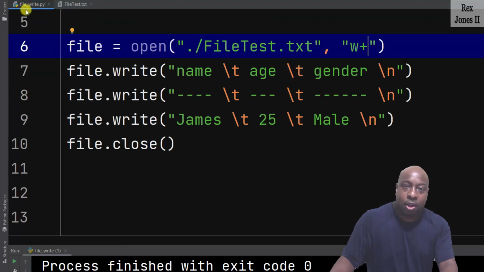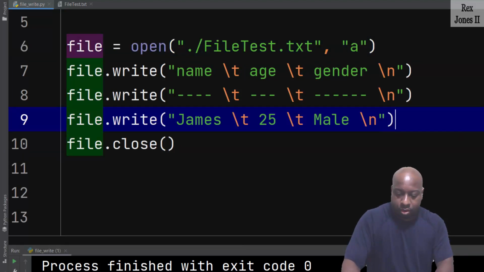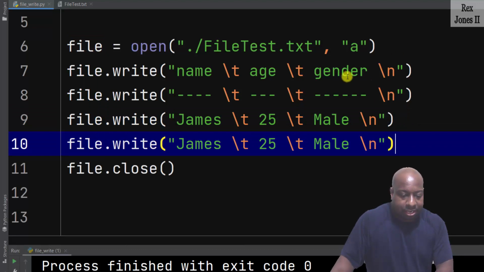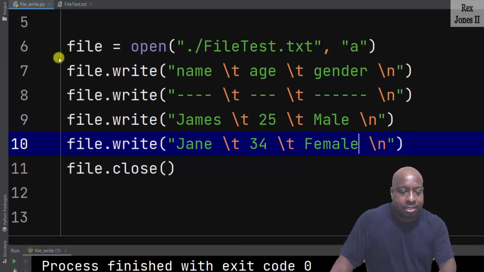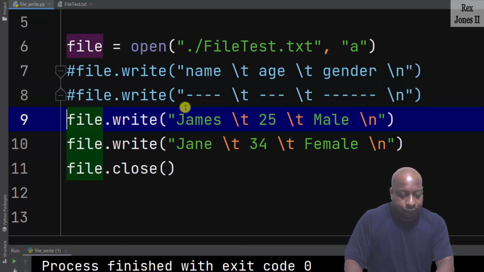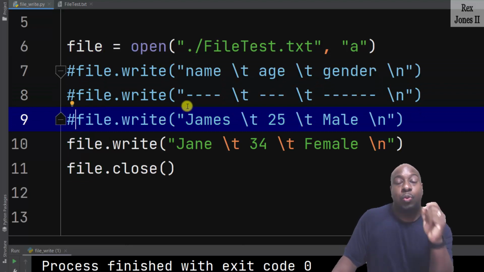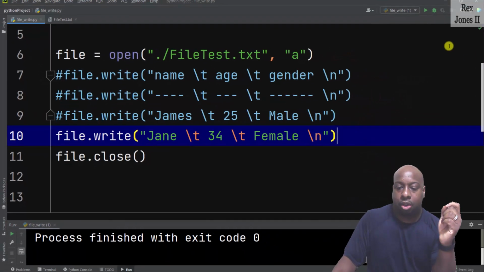Now, let's append a row by changing W+ to A. Then copy the last line and change James to Jane, 25 to 34, male to female. This time, make sure to comment the first 3 lines because we only want to add the last line for Jane. Run,